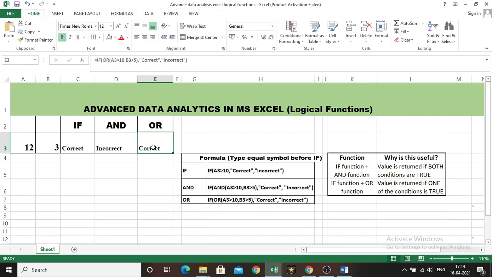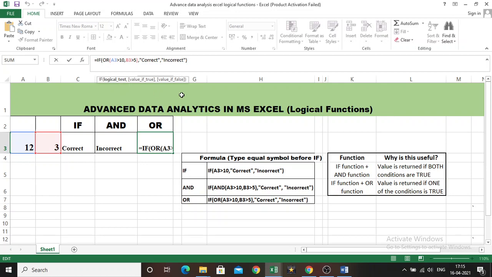Let us move on to the OR function. The OR function will work as I told you earlier. The value is returned if any one of the statements is true. So here it is the same formula as we used in the AND function, except the keyword we have to use is OR. Instead of AND, we have to use OR.